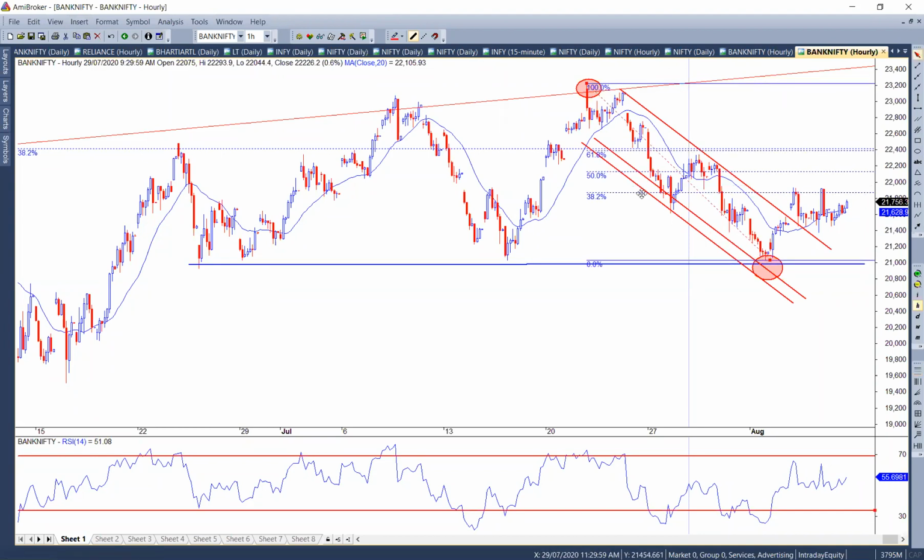You get a Fibo retracement. Now look at it. You can clearly see that prices are finding resistance around the 38.2% Fibo level. If that breaks, it can go to 50. If that breaks, it can go to 61.8.